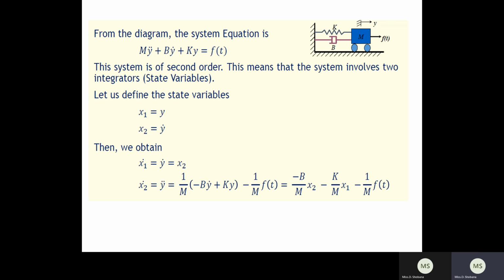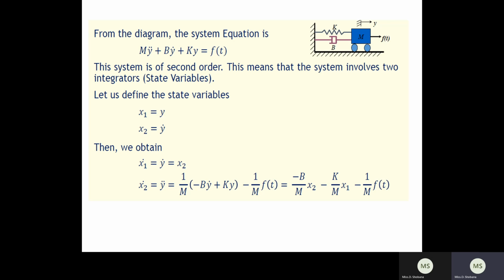If nodes are 2, then you will have 4 differential equations. If nodes is 1, then you will get 2 differential equations. Like that it will be consistent. Here you can see one mass is there, therefore two differential equations. If another mass is present, that will be two more differential equations, so totally you will have 4 differential equations. But in this problem, only one mass is available. Therefore, you will get only 2 differential equations.